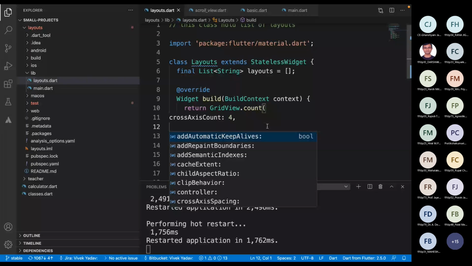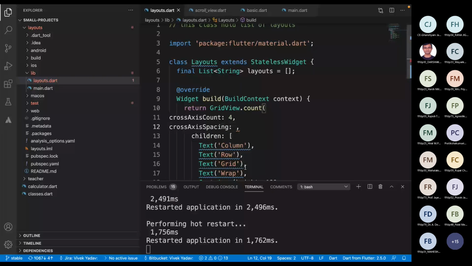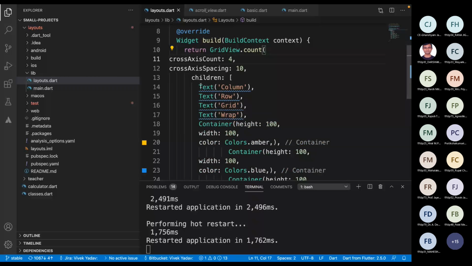It is called a layout widget because of its behavior. The behavior of these widgets is to take as many widgets as children, in children format, and this children is nothing but a list of widgets. After taking them, the work of these widgets is to lay out these widgets in some specific manner. For example, column will lay out widgets in a vertical manner, and row will lay out these widgets in a horizontal manner.